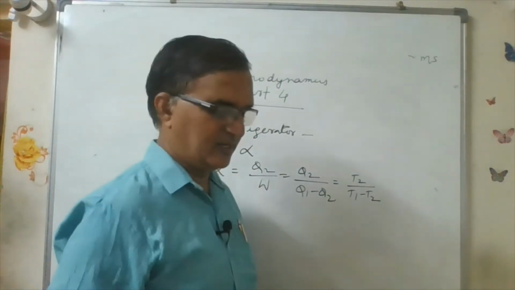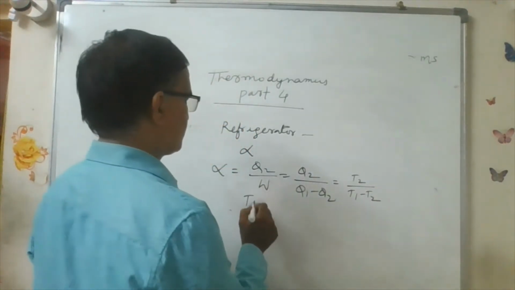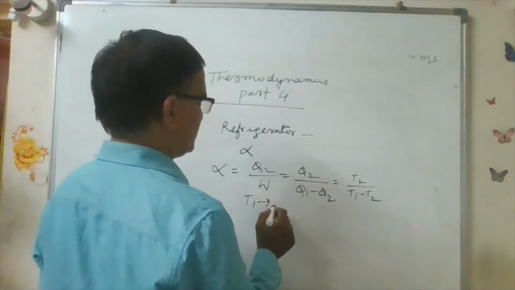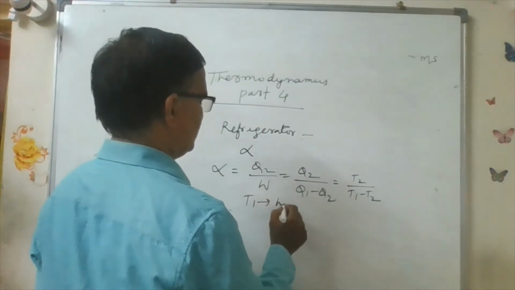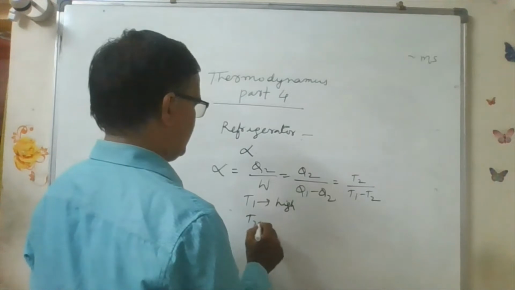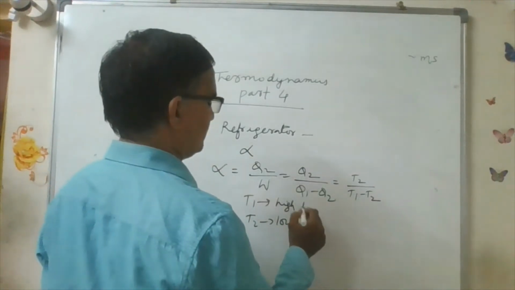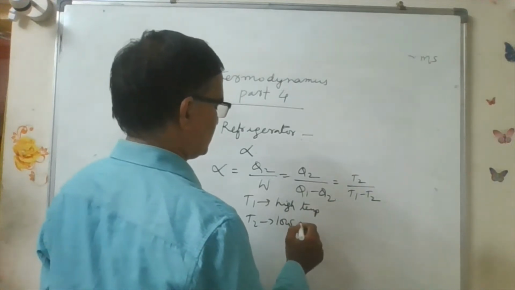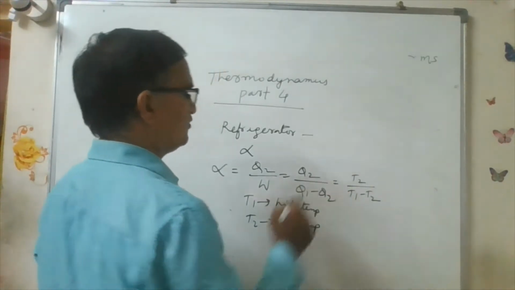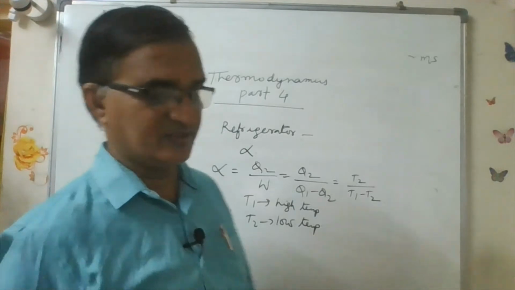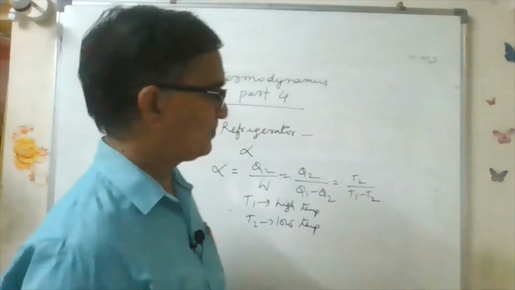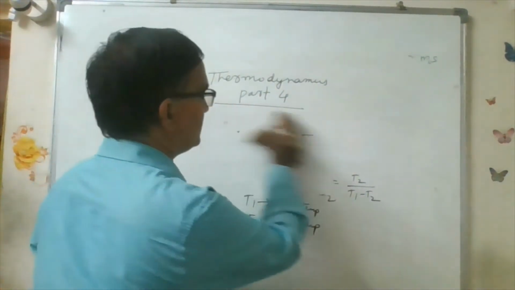Again, T1 is the higher temperature, source, and T2 is the lower temperature, sink. Here the coefficient of performance is alpha in this case. And next, we have